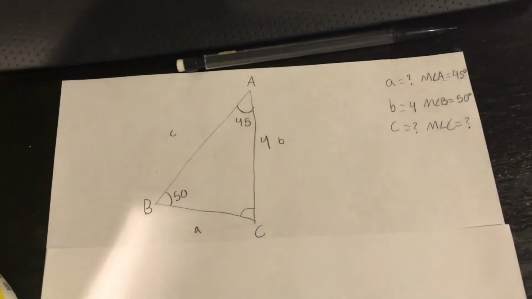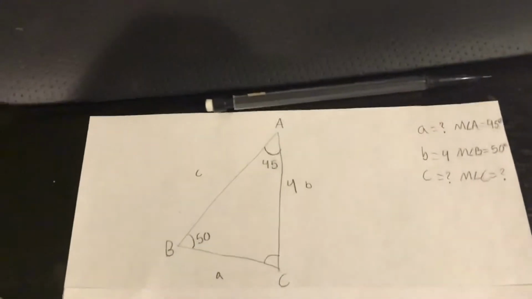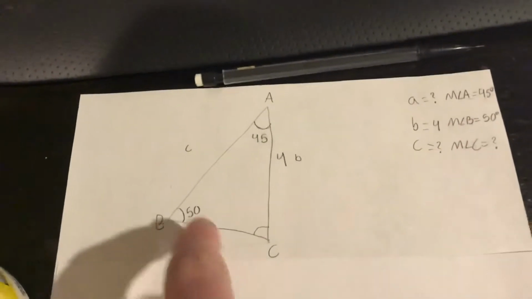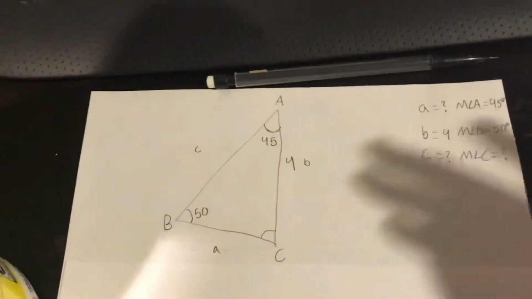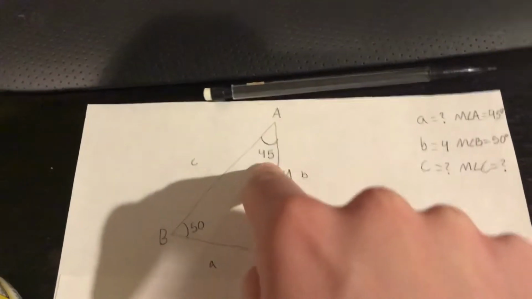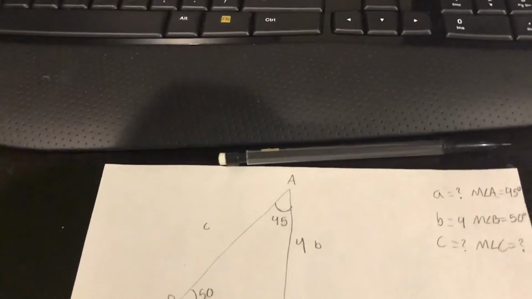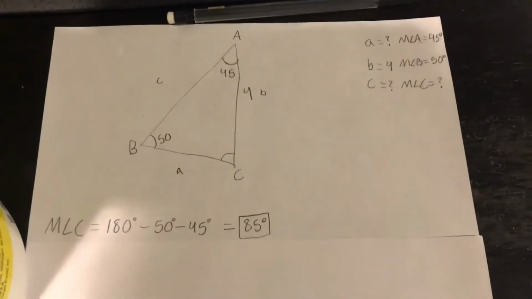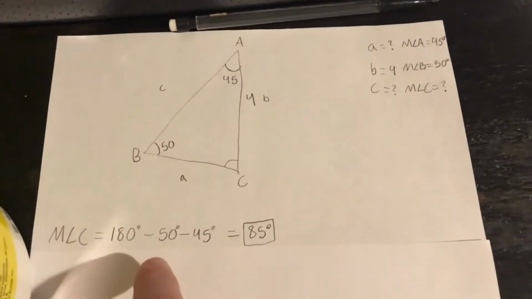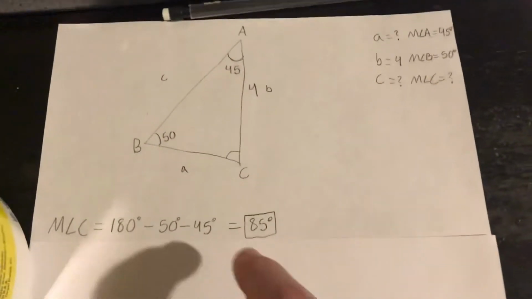So here we have a side angle angle, or an angle angle side problem, a triangle. So we have angle B and we have side B, so we know we can use the law of sine for this. And we have angle A. So let's hop right into it. First we're going to find the measure of angle C right here. We do this by taking 180 and subtracting angle B and then subtracting angle A to find angle C,